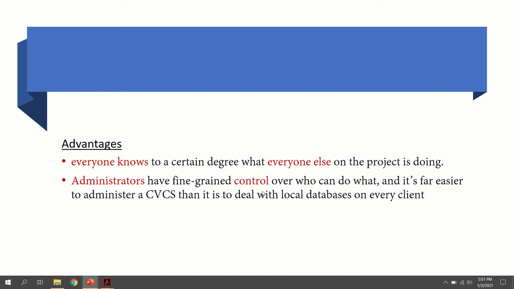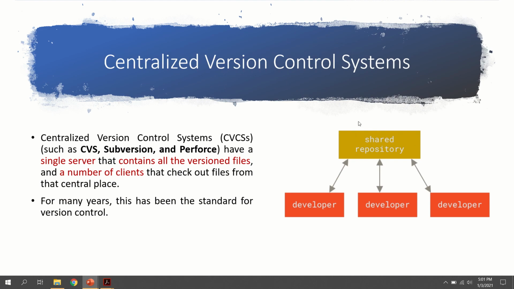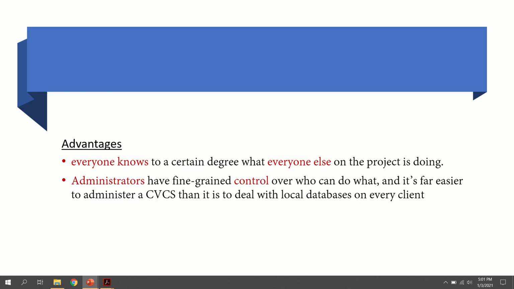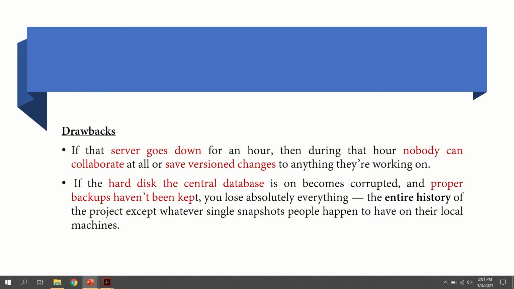And the second advantage is that the main system, the server, is normally controlled by the administrator, and he will get overall control. He will get good control over the server as well as the clients. So that is the second advantage of this centralized version control system.